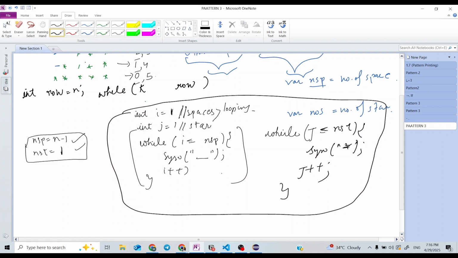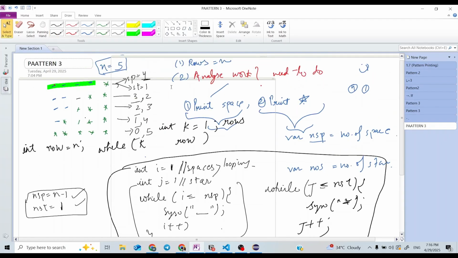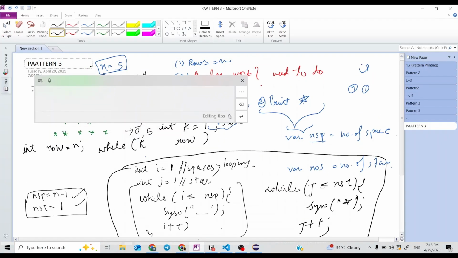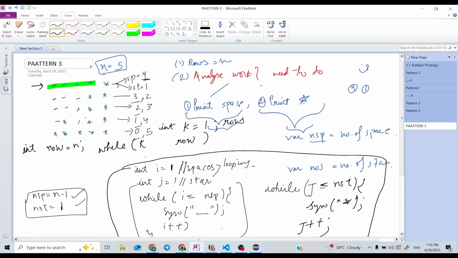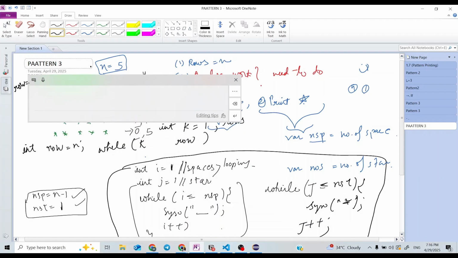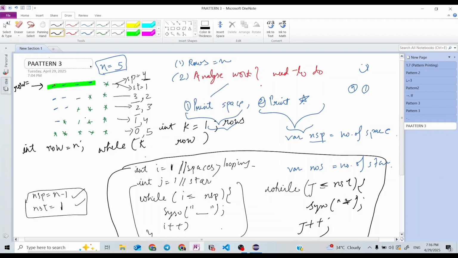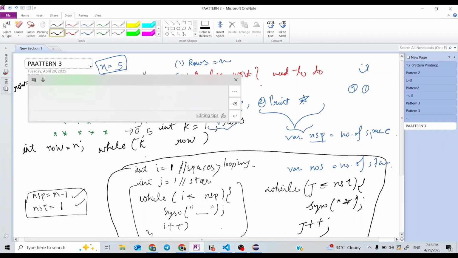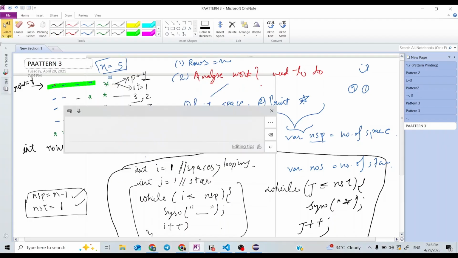Take some variable k for rows. Initially my row variable is pointing to the first row, that's why row equals to 1 is initialized.